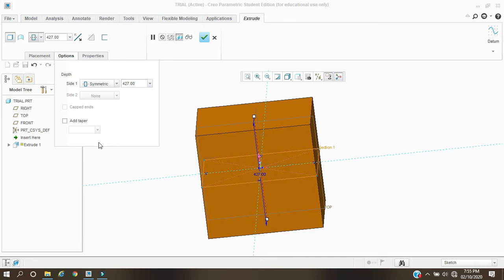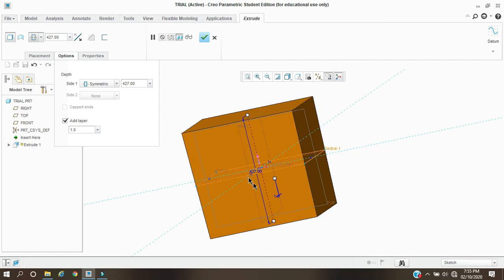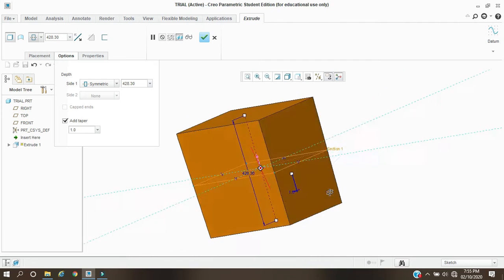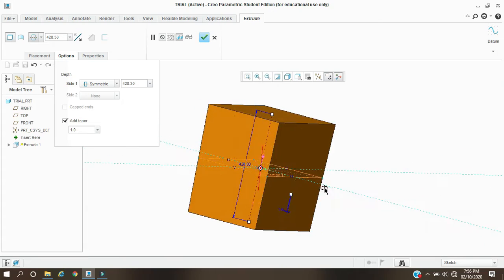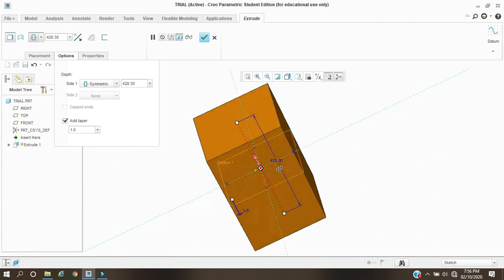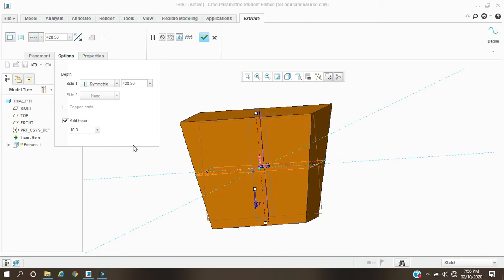In options there is add taper. Taper means a draft. A draft is added from the neutral plane or the sketching plane, and the limitation for the taper is that the draft will be applied on all sides, meaning all four sides will get extruded, or any circular shape, the full circular shape will get extruded. And in draft there is a hinge, so here in the extrude the hinge plays the role of the plane or sketching surface or sketching plane only. And from here we can add the angle, and this arrow will change the direction.